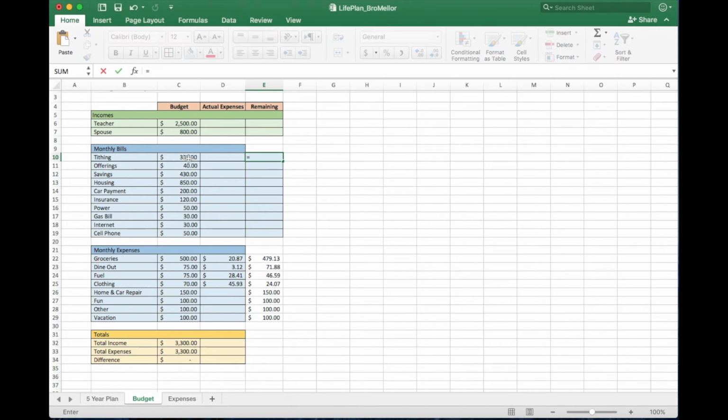Equals the amount for tithing, subtract what I've actually paid. And that's how much I still have left because I still need to pay that bill. So you can set this up for the month, and then throughout the month, as the month goes on, you will